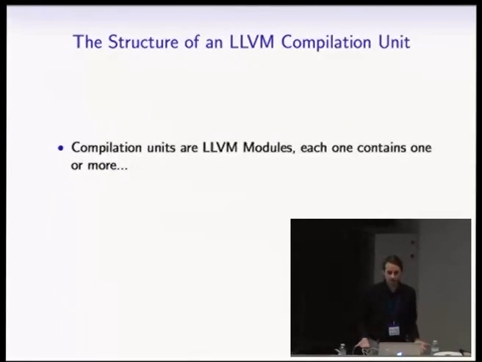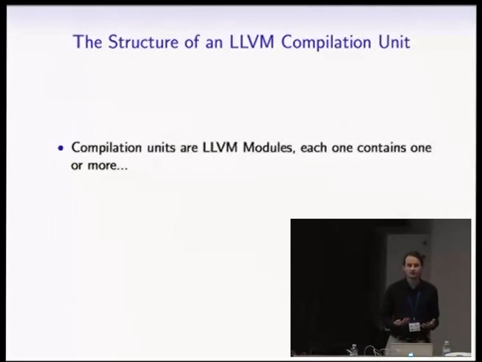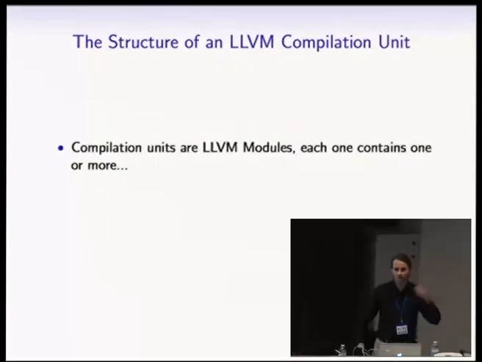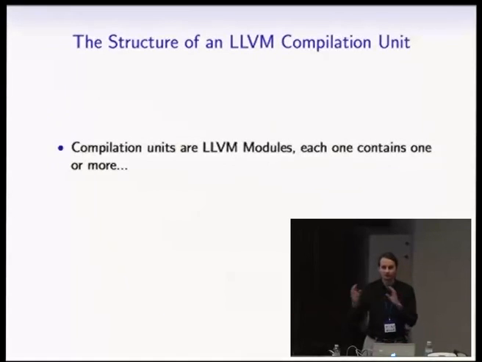So when you want to start using this stuff, you need to understand more or less how the intermediate representation works. And the basic unit of LLVM IR is the module. So a module is a compilation unit. So in C or C++, that's what you get when you take a source file, you run it through the preprocessor, and then you have a single preprocessed source file, and that will then be turned into an LLVM module by your compiler. And where you draw the line between what goes into a single module is really language specific.